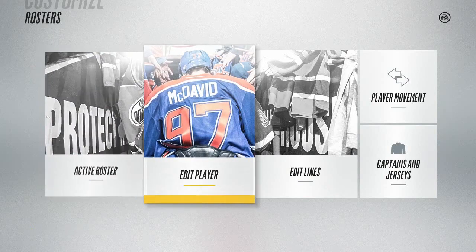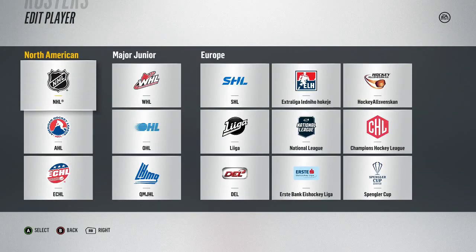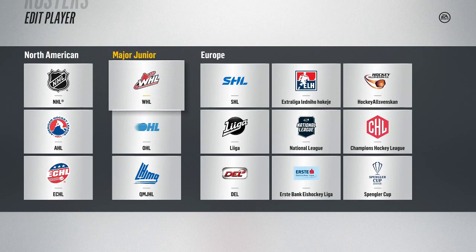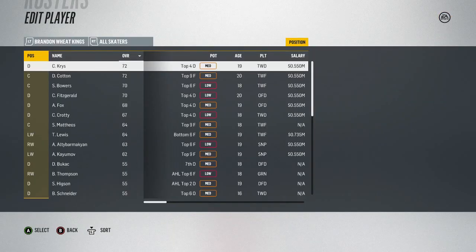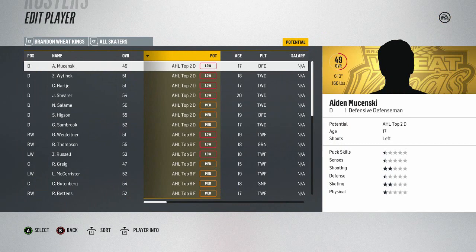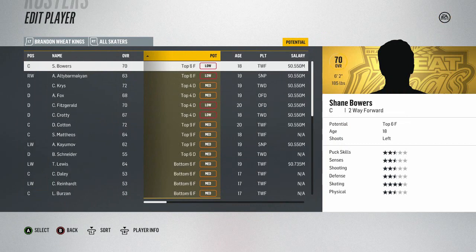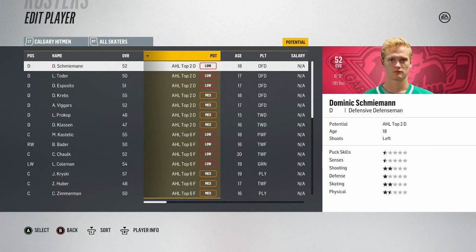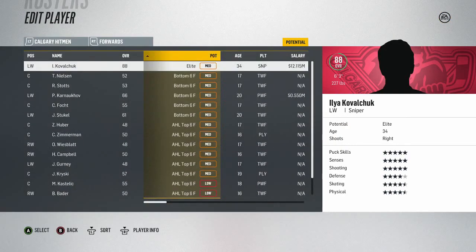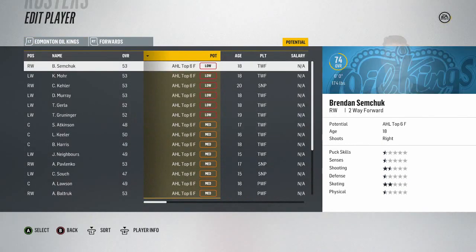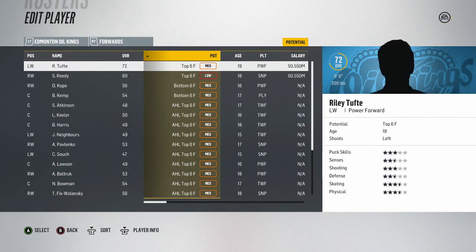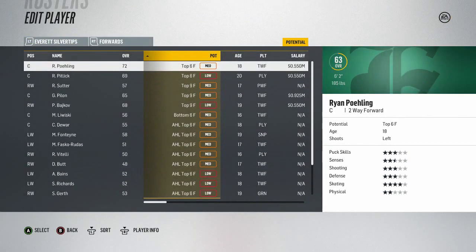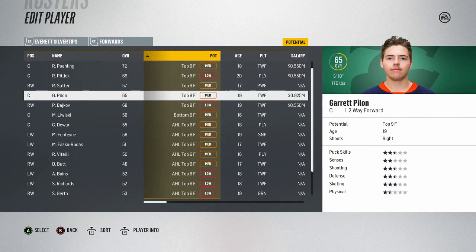One thing you might have noticed already, in fact, is that EA tends to underrate a lot of guys coming out of the upcoming drafts, including guys like Kirby Dach and Peyton Krebs. So the ideal thing that you're going to want to do is go through the WHL, the OHL, and the QMJHL. I'll explain Kovalchuk in a minute. You're going to want to go through each of those leagues and see those players that have either been drafted already,